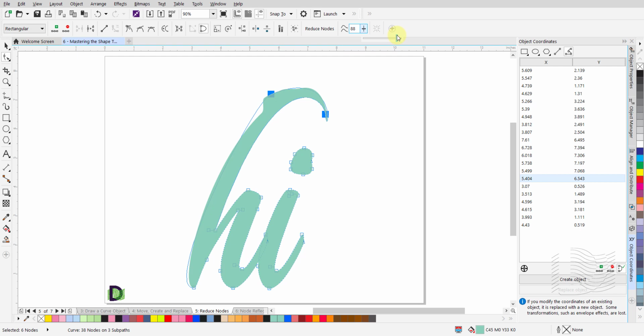You will also see an outline showing you the expected increased smoothness of the curve as the slider moves to the right. Stop when you get the desired smoothness. Notice the hump where we had that large cluster of nodes is all smooth and in line with the curve on this object.